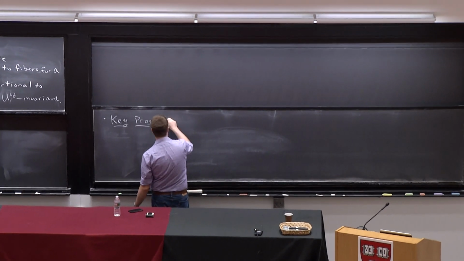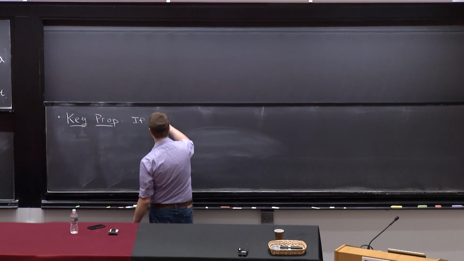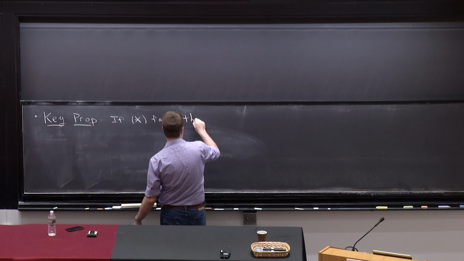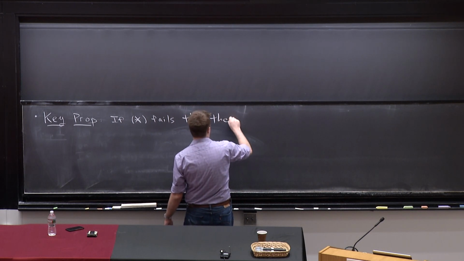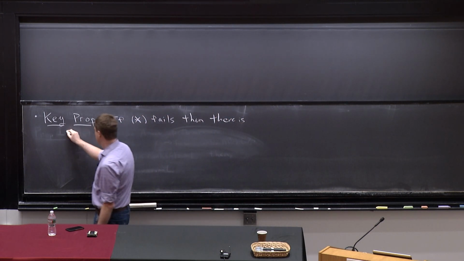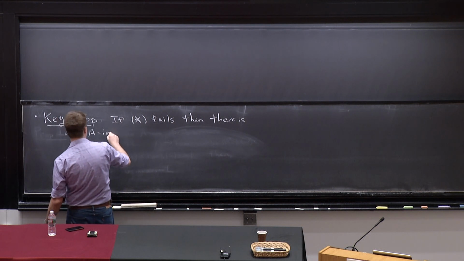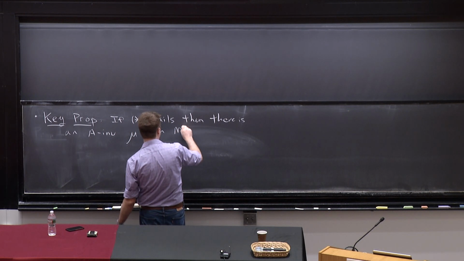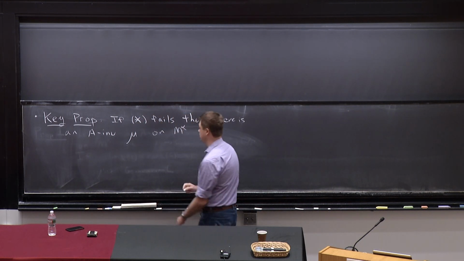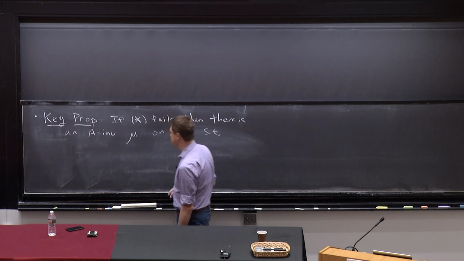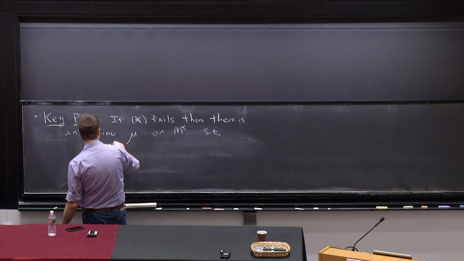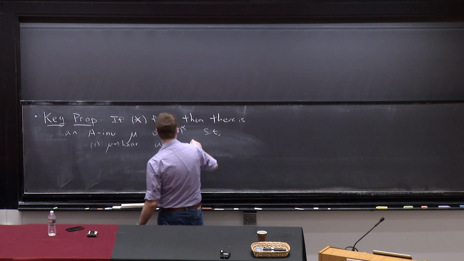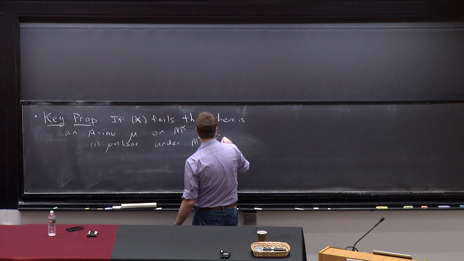Which is the following. So if the thing we're trying to show is false, then there is an A invariant probability measure mu on M alpha, so there's an A invariant measure on the suspension space, such that 1, mu projects to the Haar measure under the projection from M alpha to G mod gamma,